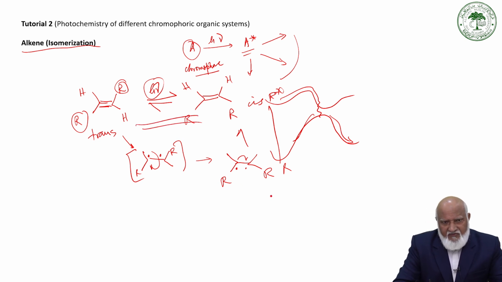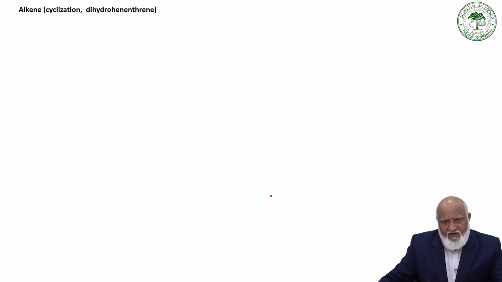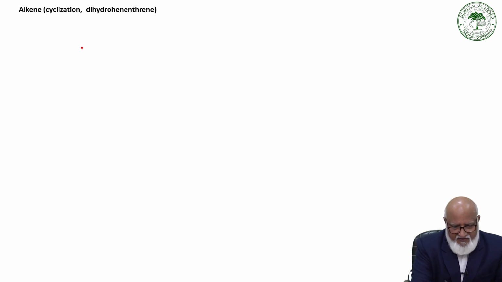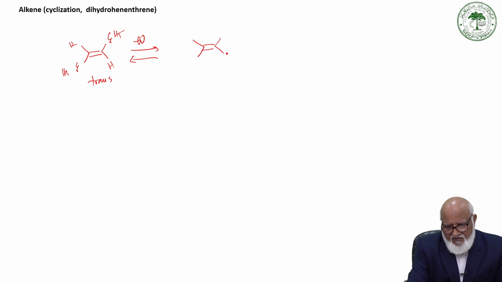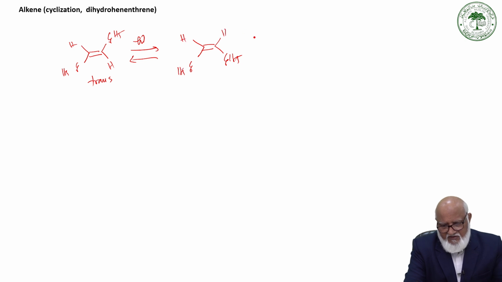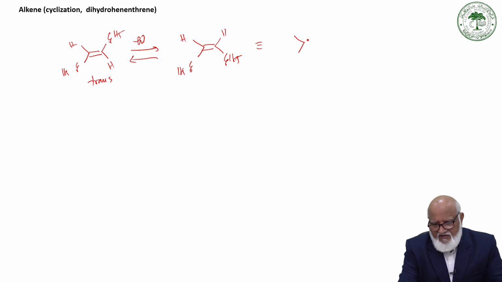So if we have a proper substituent in cis orientation, say for example, we start with trans stilbene, C6H5, H, in the presence of light, and then we go from the trans form to the cis form, C6H5, H and H. Now if we write this as a full benzene ring,